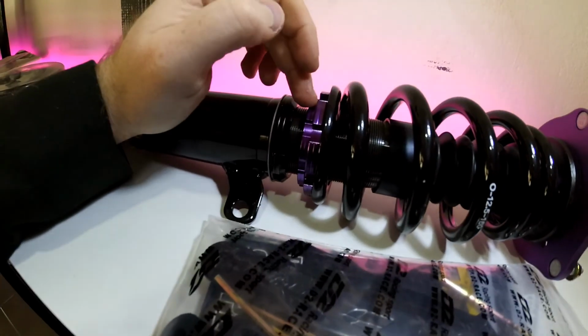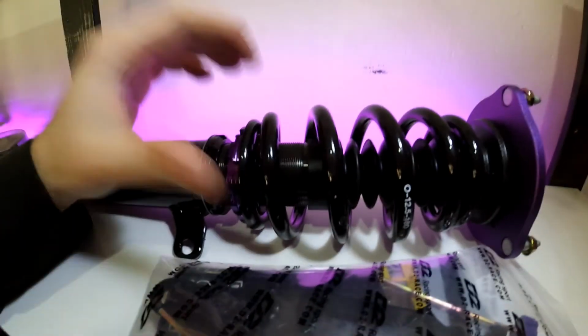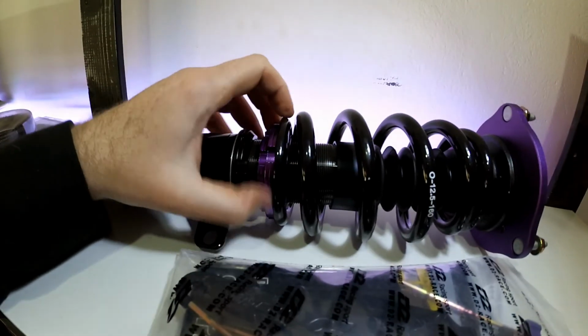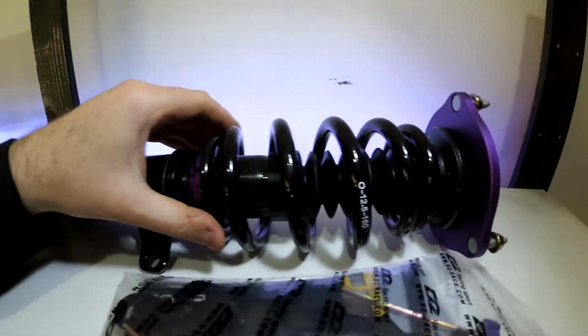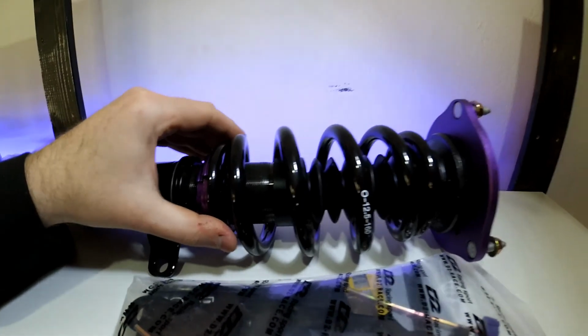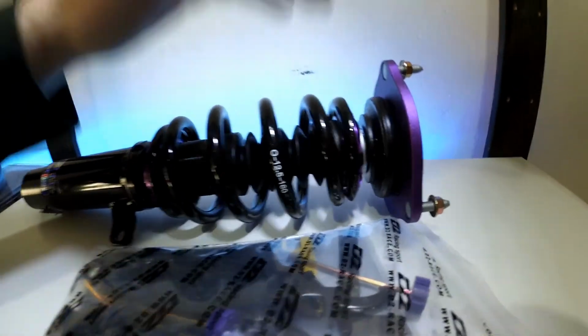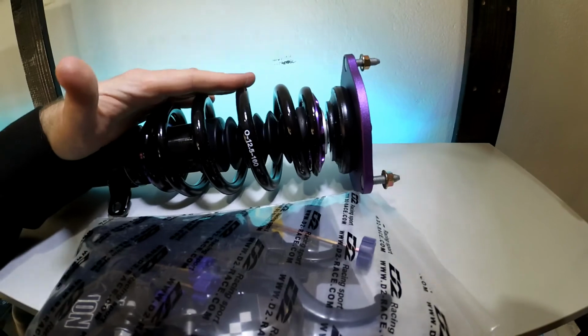You've got 2 adjusters here for the bottom spring seat. For road use, I would definitely have these as loose as possible, just so the spring can't move up and down, and then when it's stopped moving up and down, tighten them up, and that's it. You don't need to run any preload on a spring. It can get very uncomfortable if you use it on the road,